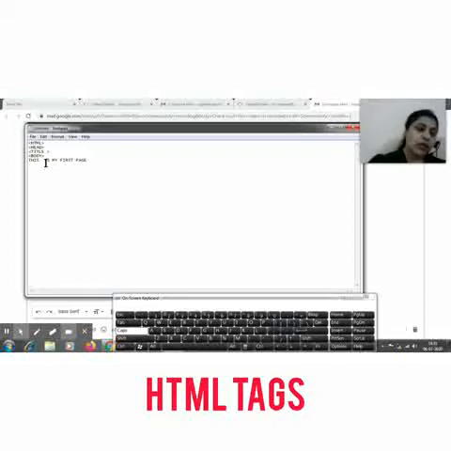Now you have to go to the next line and close these tags. When you close the tags, you close the last tag first. Which is your last tag here? The body tag. So you will close this body tag first, and to close it you have to write a backslash. This is your closing tag.